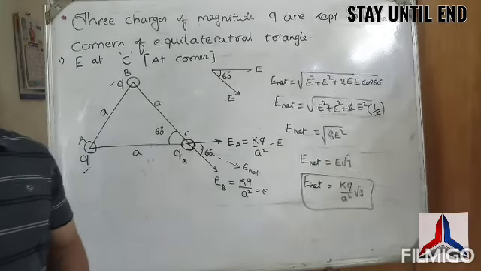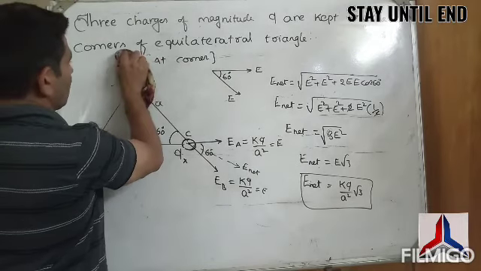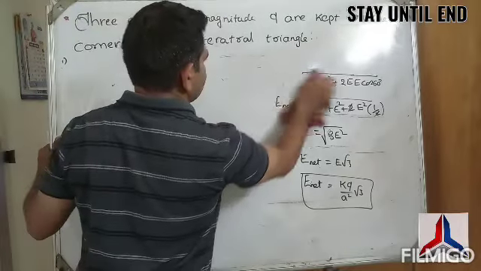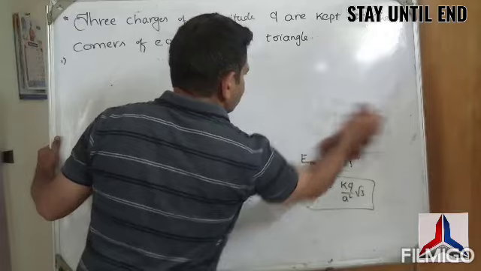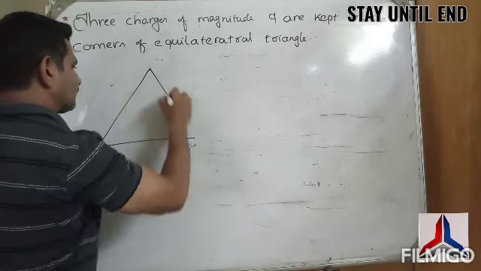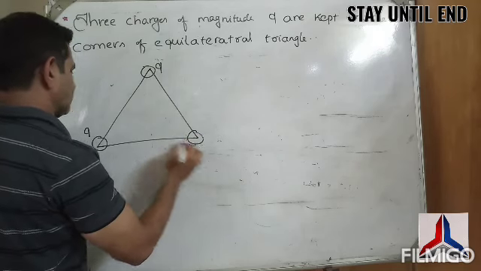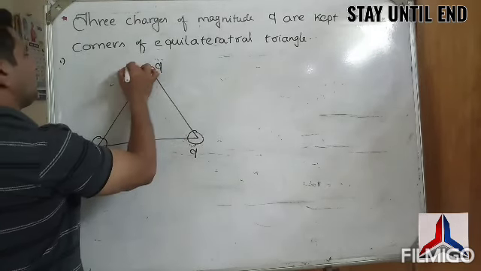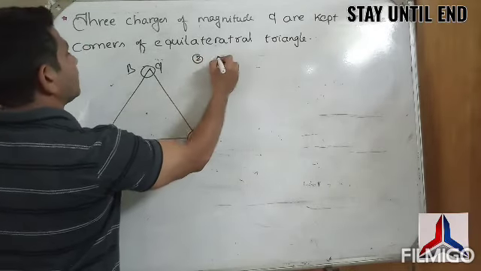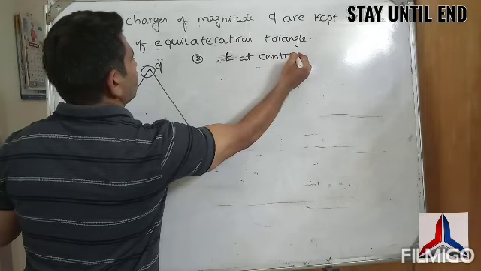Understand? Now, okay. If the question asks for the electric field intensity at the centroid, the entire question will be different. Now another question on the same model, electric field intensity at the centroid. So what is the electric field intensity at the centroid? See, look at here. This is q, this is q, this is q. A, B, C. Now the point is that you are finding the electric field intensity at the centroid, E at centroid. Then the problem will be different.